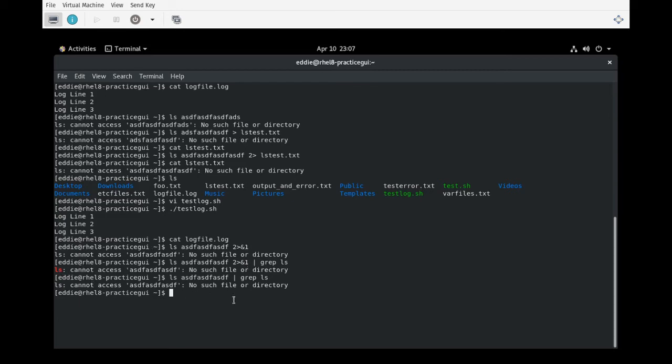One other thing I want to show you with this, and this is a little confusing syntax. It's kind of hard for me to wrap my head around it, but after doing this a few times, it does kind of make sense. Let's say that we wanted to redirect both standard error and standard output to a file. All right, so a way we can achieve that,